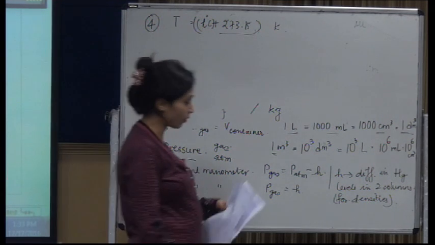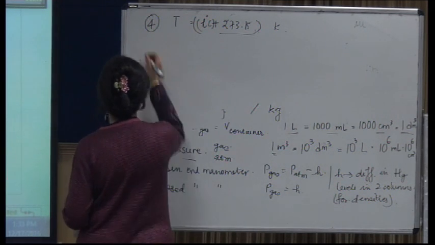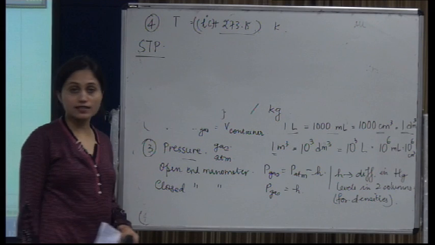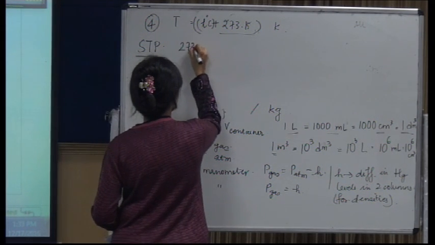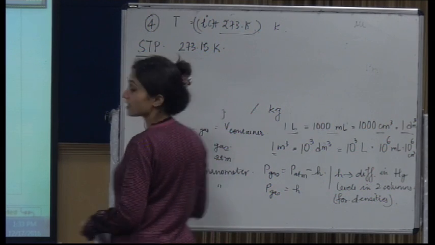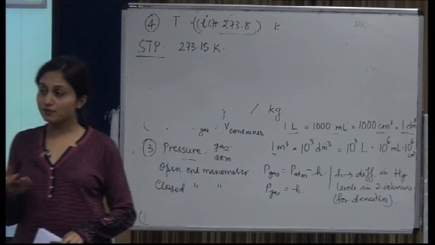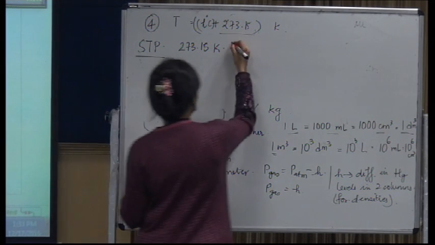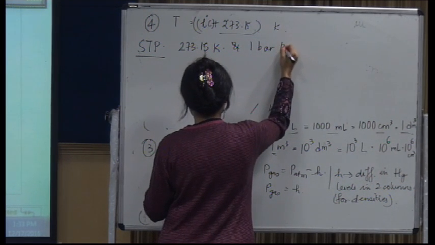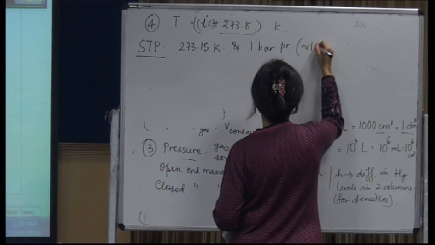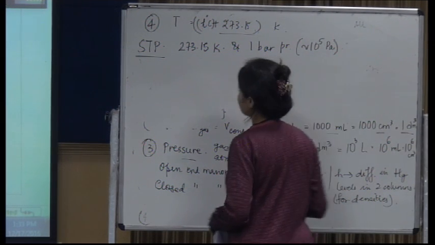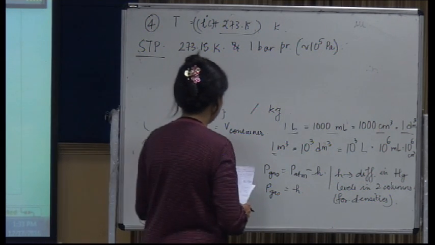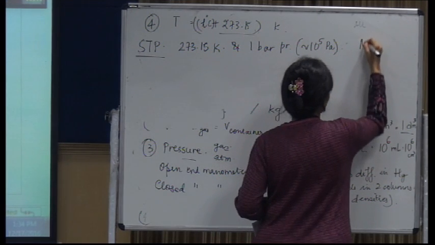We'll also discuss how it was introduced. Then there is one condition, that is the condition of standard temperature and pressure. The standard temperature that is taken is 273.15 Kelvin, which is 0 degrees Celsius. Now this 273.15 along with 1 bar pressure, and you know that 1 bar pressure is equivalent to 10 to the power 5 pascals. So the molar volume of an ideal gas at STP is equal to